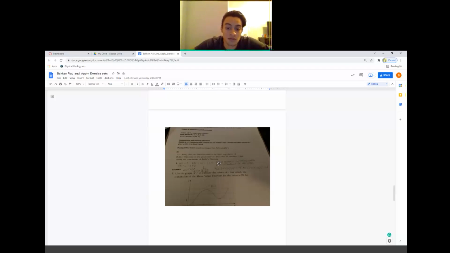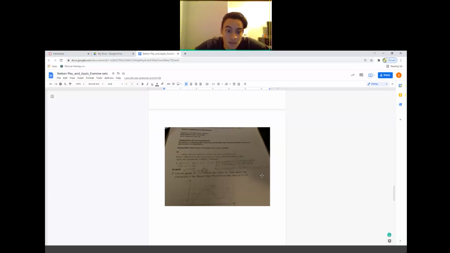It says to enter this data table into a graphing calculator, which I did, and then I did a cubic regression on the calculator and got my polynomial, which is this here,